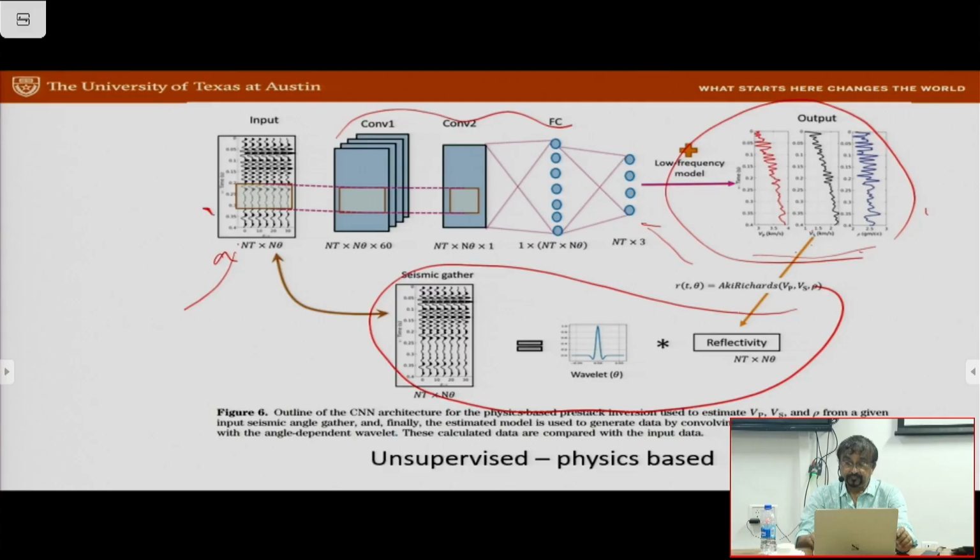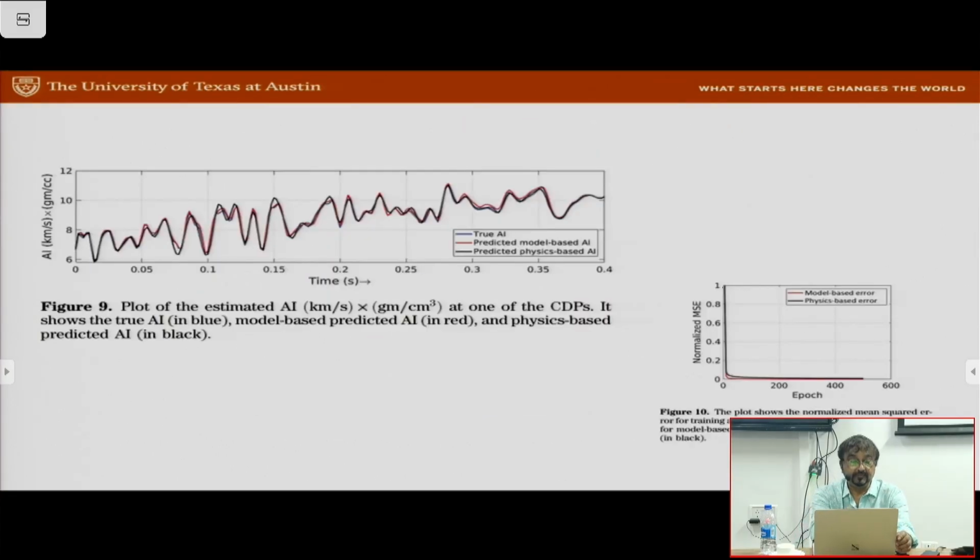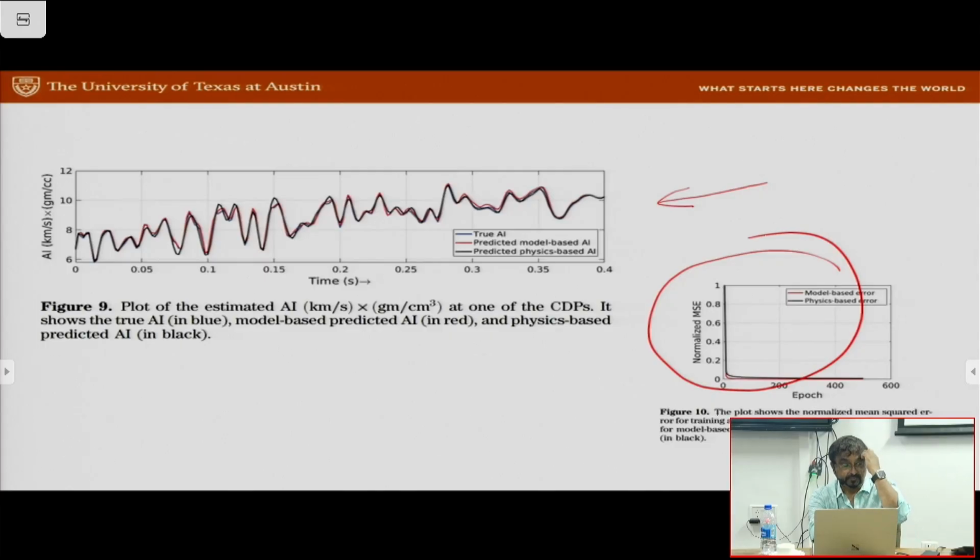So here is what we have against the log, and this log was filtered to this frequency band, and we saw a pretty good fit, and this shows you the training. So what is the advantage of doing this? The advantage of doing this is that,